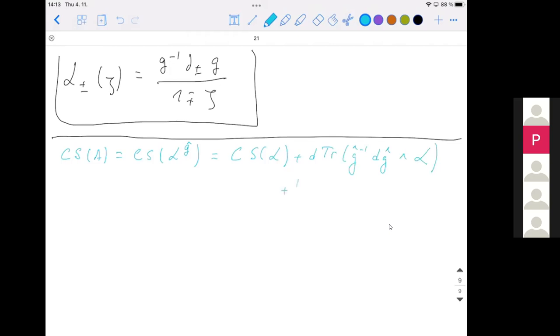Plus this, and Chern-Simons depending on L is that